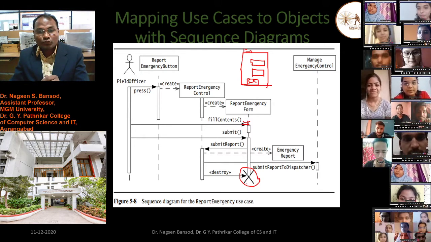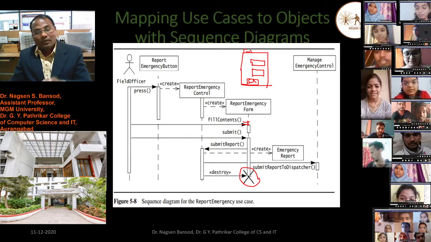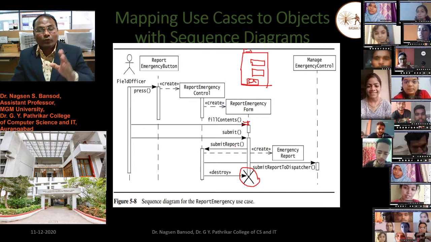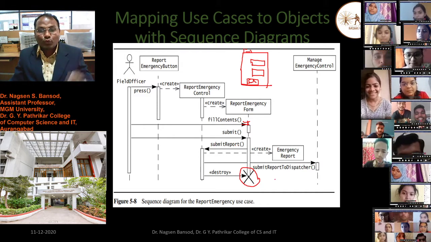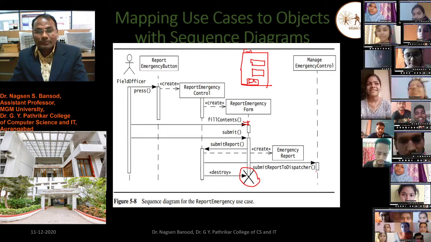If there is no connection, it will be destroyed and the message report will be submitted like that. Otherwise, the report is submitted to the dispatcher.